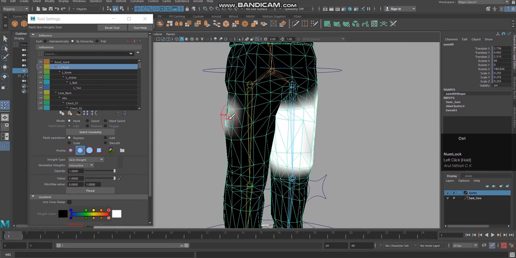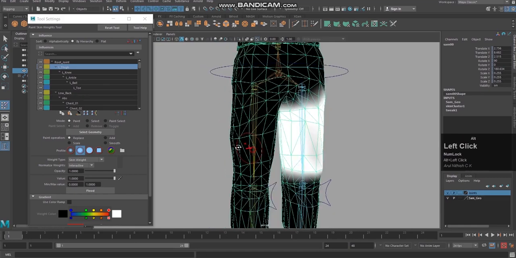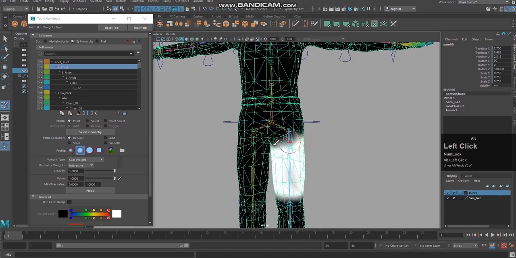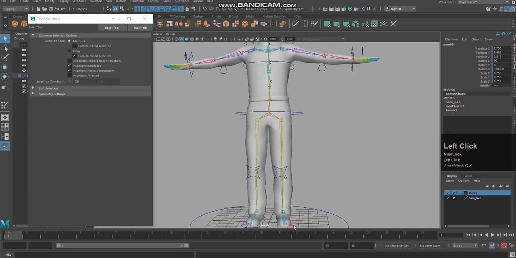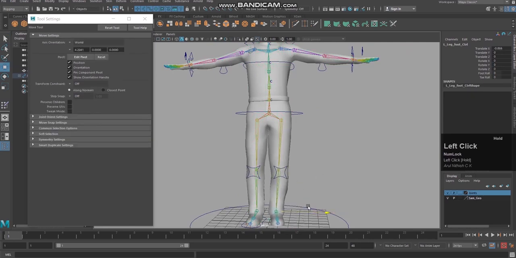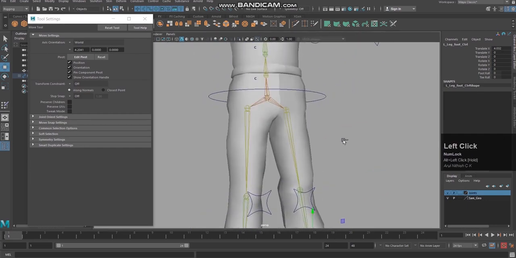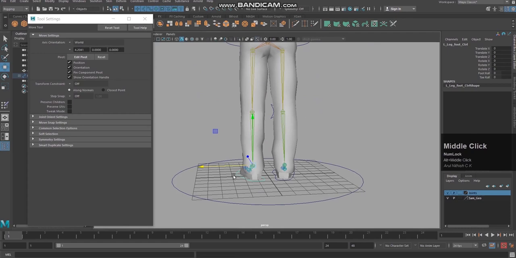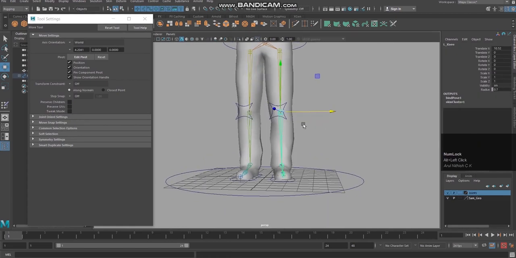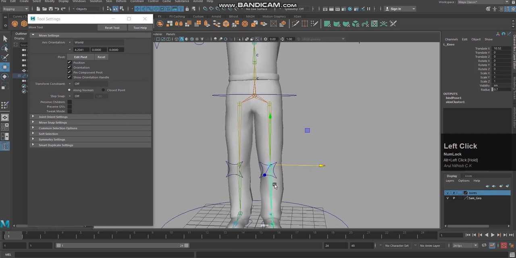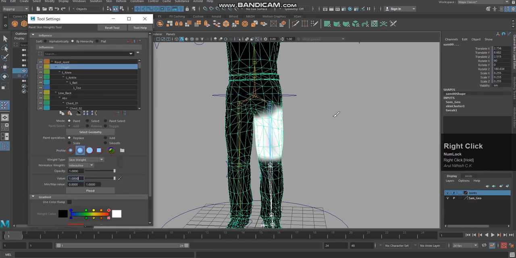We will concentrate only on this area and we will see the result. Okay, I think I have painted enough. Now let us see whether it is having a good effect or not. Yes, I hope so, but the problem here is it is still moving, because the influence of this knee joint may spread all over here. So we need to check for that again.